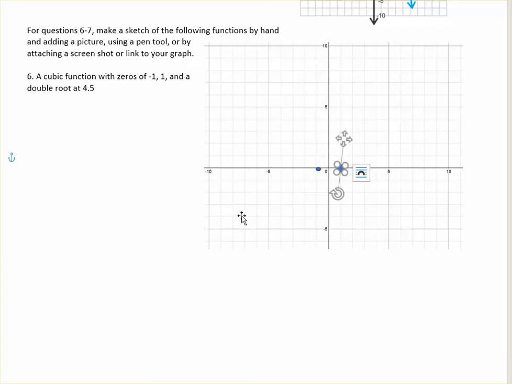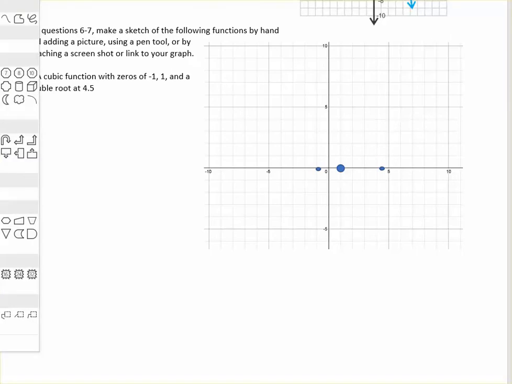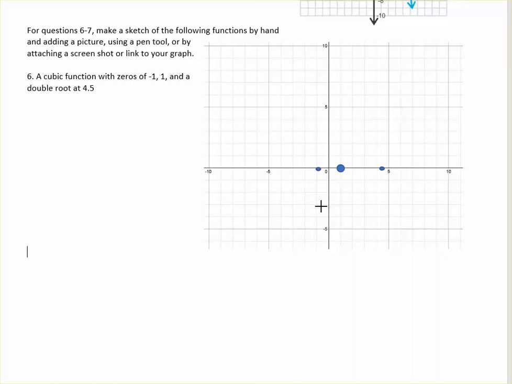Another one there. And another point at 4.5, but this one will be a double root, so it won't cross there. It's just going to touch there. So I'm going to go ahead and insert that drawing tool that lets me do it freehand. So that scribble tool, I guess you'd call it. And it doesn't say anything about it, it says it's a cubic, so I know it's going to have 3 spots